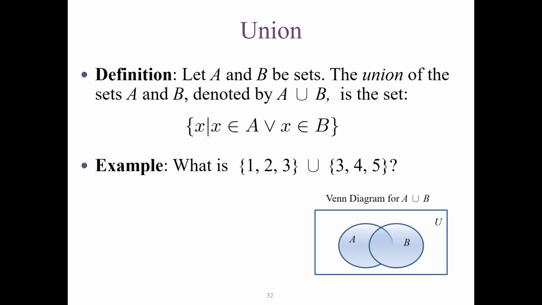So the definition of union of two sets. We use the notation union. The definition is if X in A or X in B, then we collect all X into the union set of A, B. Based on the Venn diagram, this is the scope of set A, this is the scope of set B. If X in A or X in B, we include this element into the union set. That's the definition of union. Let's see, if A is 1, 2, 3 and B is 3, 4, 5, then the union of these two sets includes all distinct elements: 1, 2, 3, 4,